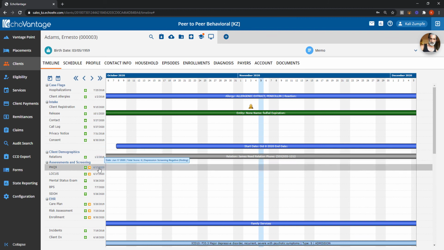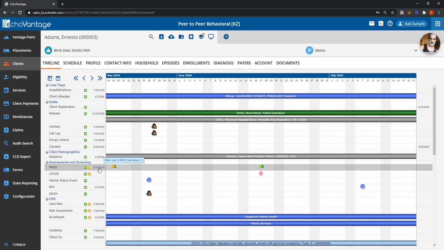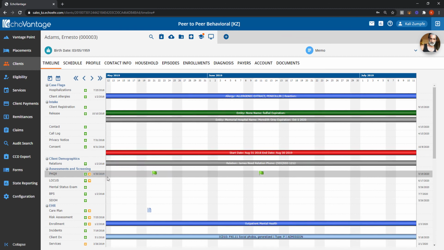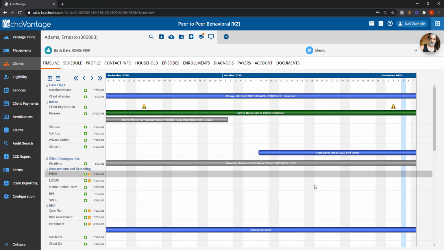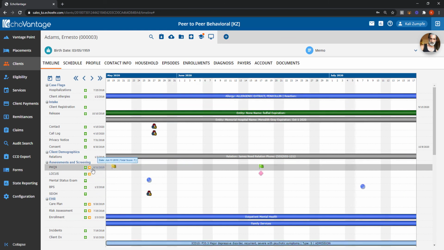That will take you to that last PHQ-9 assessment. If I want to see the PHQ-9 before this last assessment, I can click again. If I want to move forward in time, I have the dates to take me forward instead of backward. So sure, it is easy to navigate around the timeline quickly, but sometimes it's important to see the data in